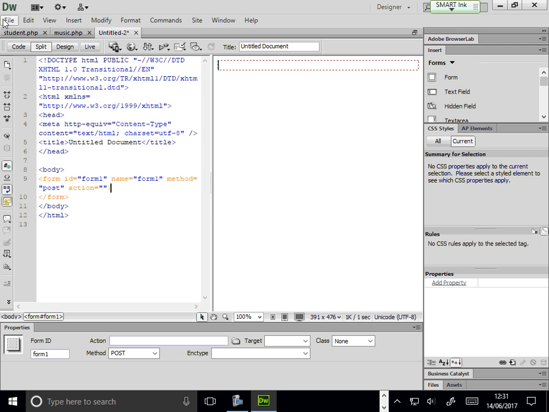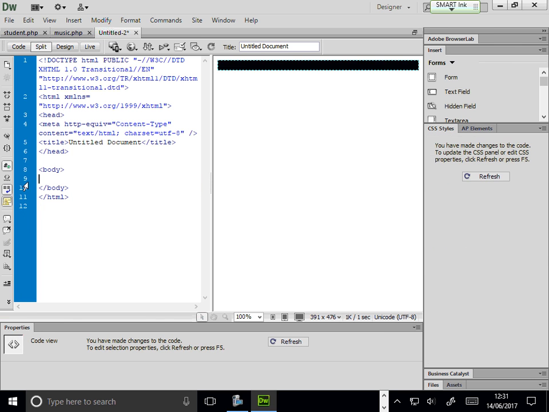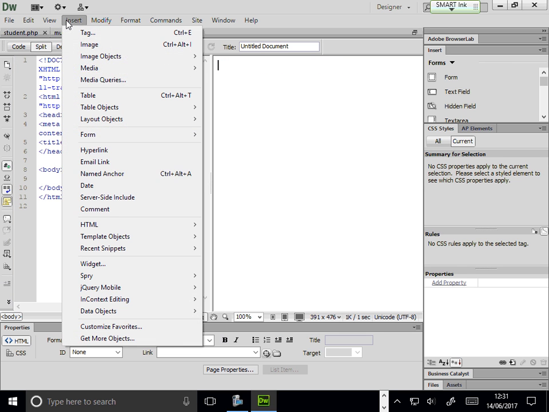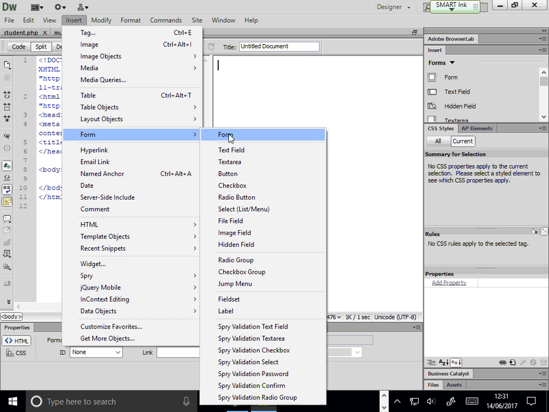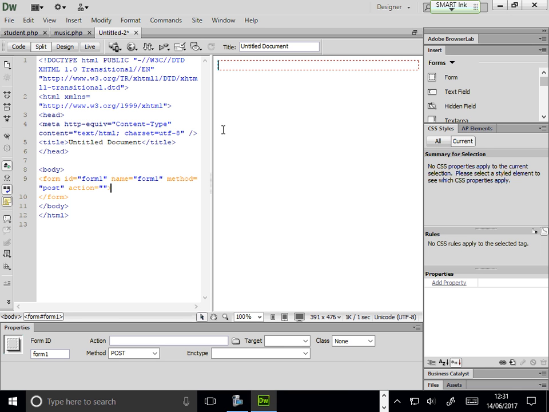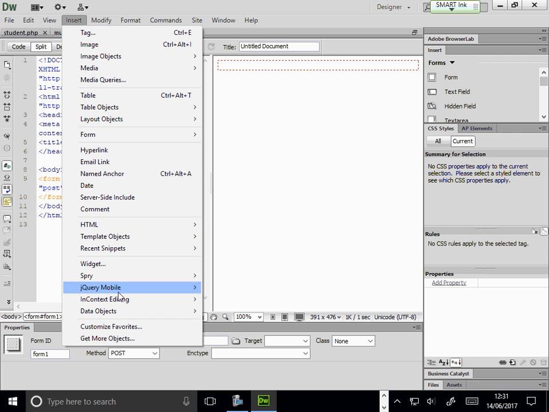Just done, insert a new page basically, and then insert form and form. Let me just do it again. Insert form and form gives me the red lines. I stay within that and I say insert and I say